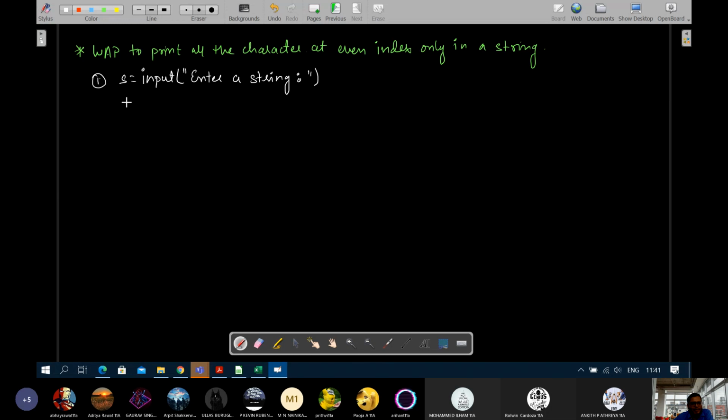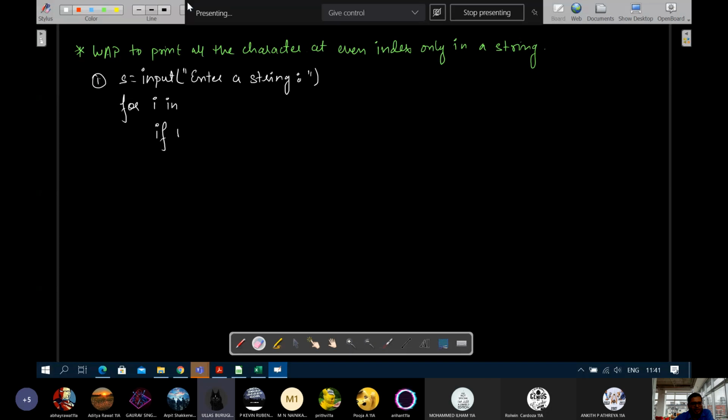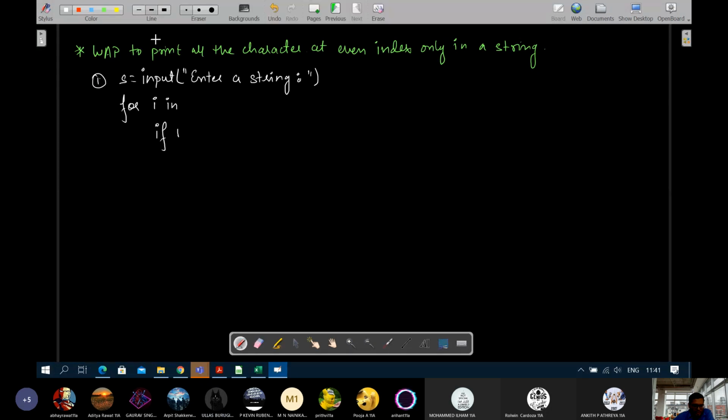Then we'll write for i in s. Okay? And the first way I'm solving, if... this won't work here, we will have to use range, because we have to check whether the index position is divisible by 2 or not.